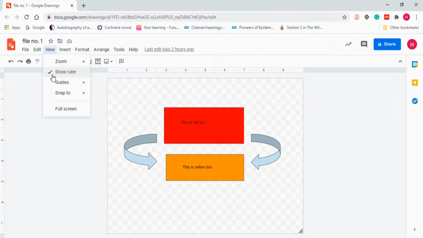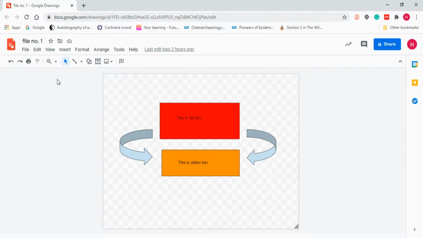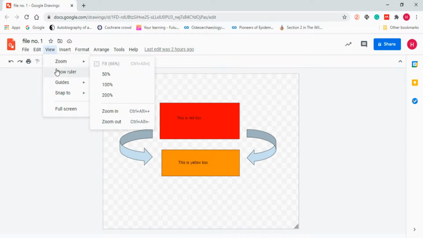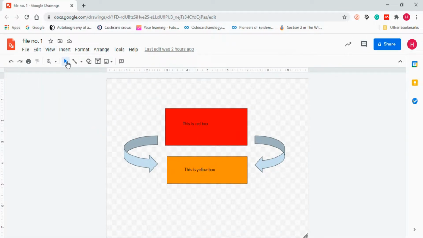We have another option, that is show ruler. You can see there are two rulers, horizontal as well as vertical, which help us calculate particular figures in inches on this scale. You can see the calculation we can actually manage. But if you do not want them, you just click on that, and the scale will be removed. This is how the ruler works.